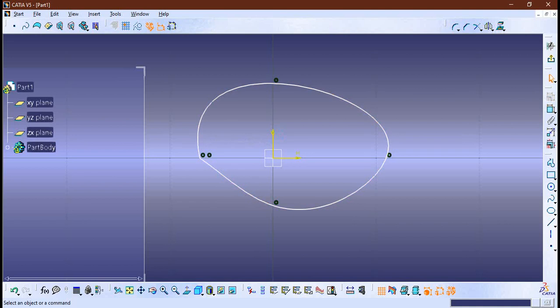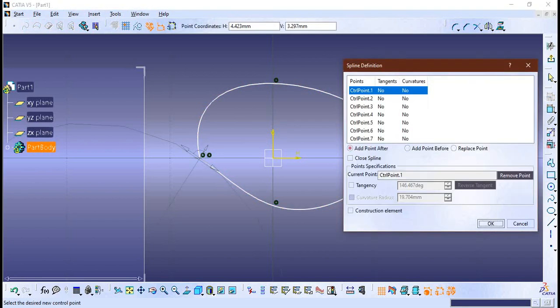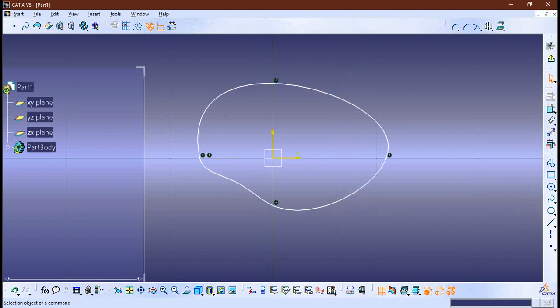and over here I want to have a smooth edge in this part of the sketch. So I'm going to edit the sketch by double clicking on it. Okay, so the last point I'm going to make it tangency, and I'm going to reduce the angle here to somewhere around 100. Okay, so now this is very smooth here,